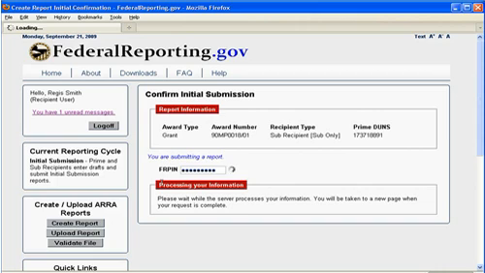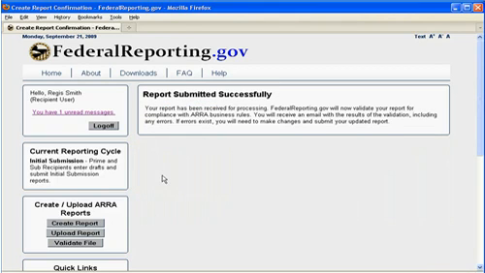After the report has been processed, we'll get a screen that confirms that we have submitted our report. And subsequent to that, you will get an email that confirms the validation. The validation is the acceptance of the report into the federalreporting.gov data system. So that's not expected to be an issue with completing the report on the web-based form,